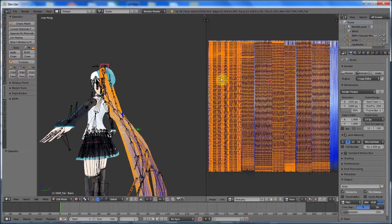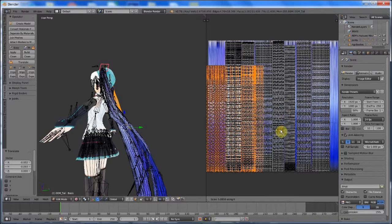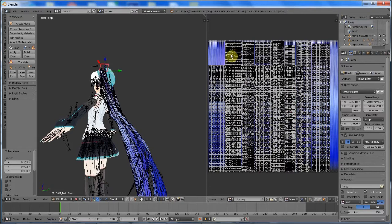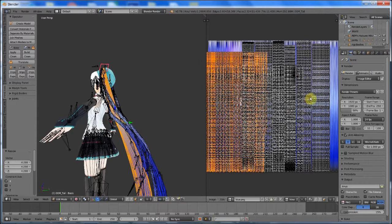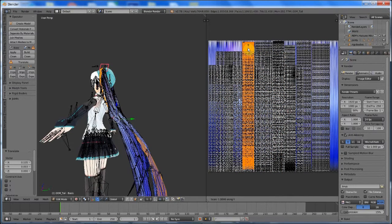Oh wait, no, I got a better idea. So let's select this. Faces. Gotta select faces. Now let's S on the Y to move this down here, grab. And then S on the X and make it massive. And grab. And then the same. L, S on the Y, and then grab, and then S on the X, grab, and then link, S on the Y, grab, S on the X,